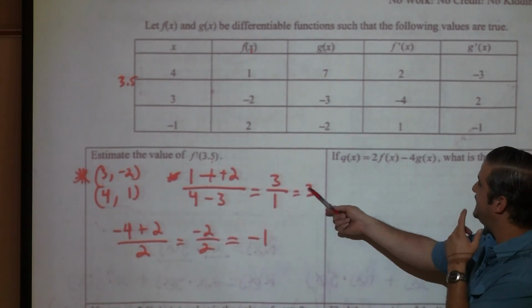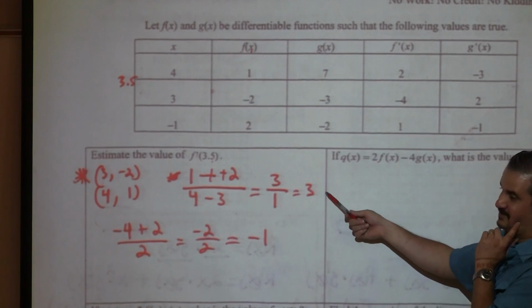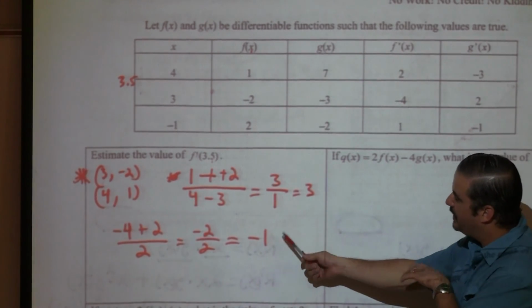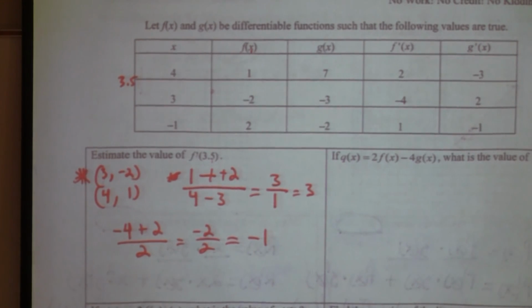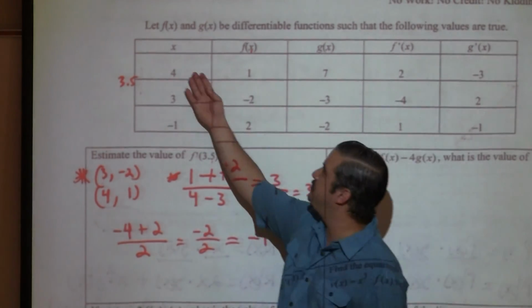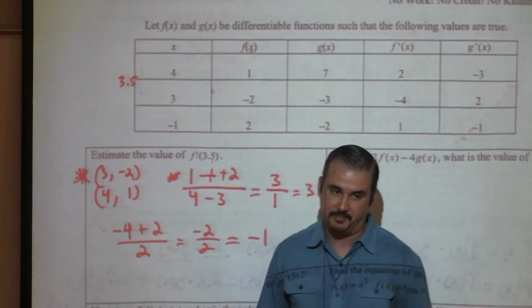So is 3 a slope that's in between these two? Yes. Okay, but we wouldn't want to really use which one? That one. Right? Whenever they ask you to estimate a slope, if you have points to pick from, you want to use them, right? If I didn't have these points to pick from, then